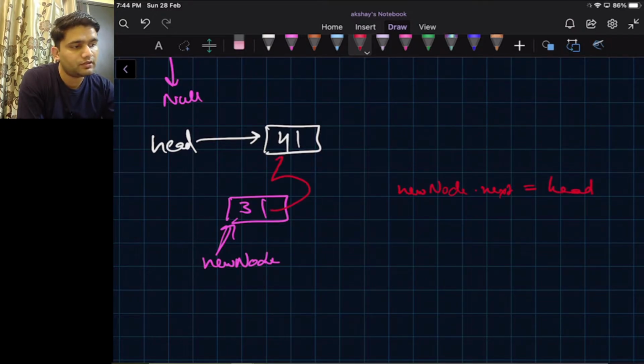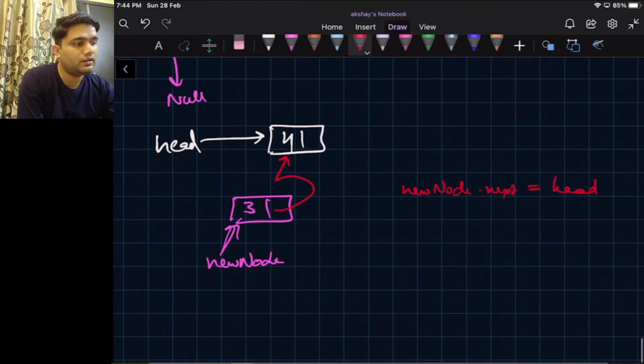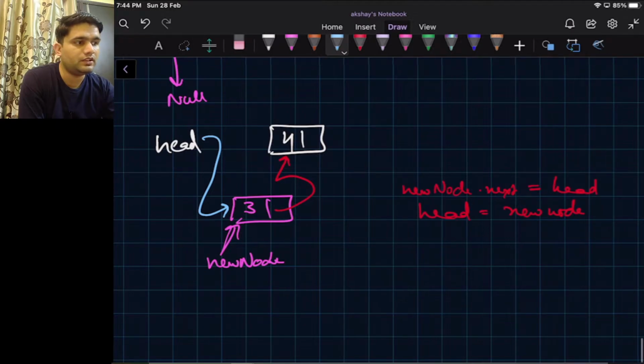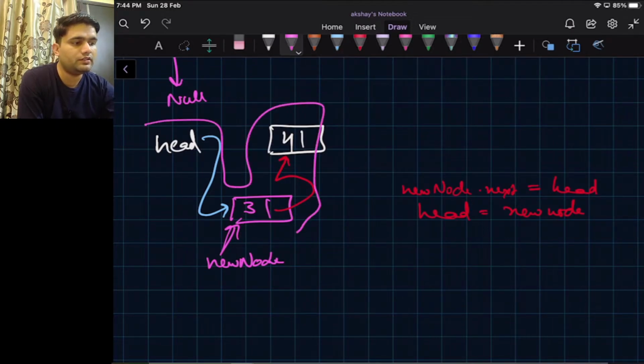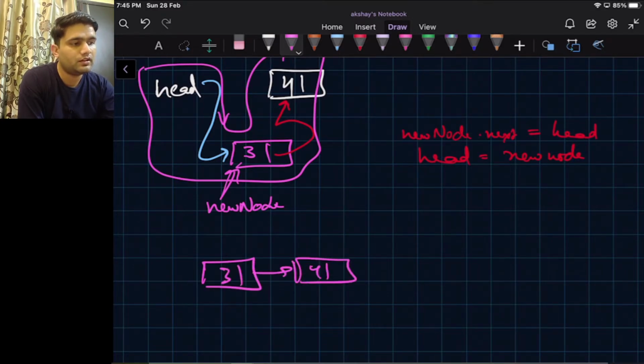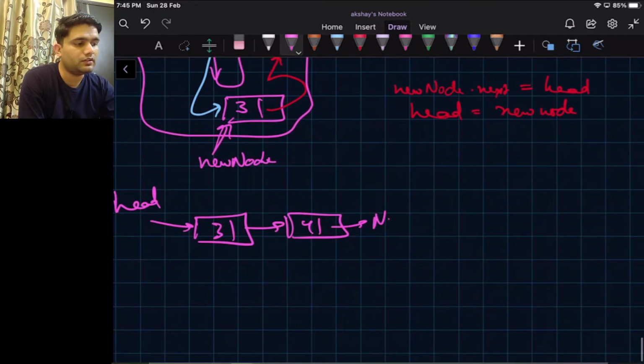That means this will point here, and after this we will run head is equal to new node. That means we will remove this pointer, and now head is pointing here. Okay, so this will eventually be the new linked list. Now we can see that our linked list became this, and head is pointing to 3. Okay, and here it is null.